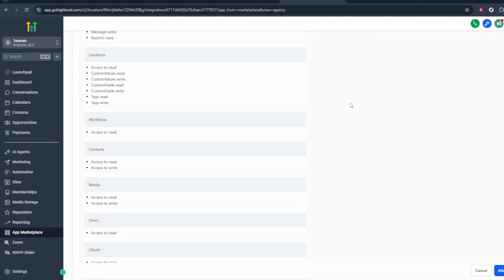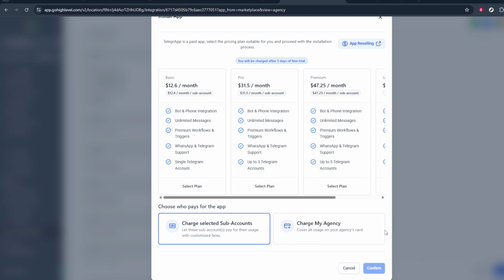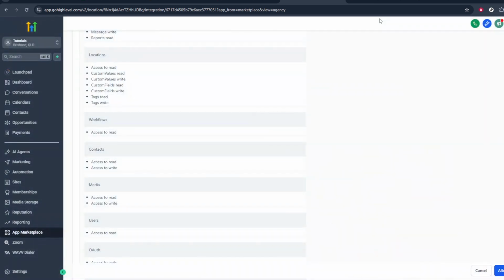After clicking Install, simply follow the on-screen prompts. These steps may include confirming which account or location you want to connect, granting permissions, and authorizing access to your Telegram account. Make sure you read each prompt carefully and approve the necessary permissions so the integration can work properly. If you're asked to log into Telegram or paste in any connection details, keep your information secure and only enter it within the official Go High Level